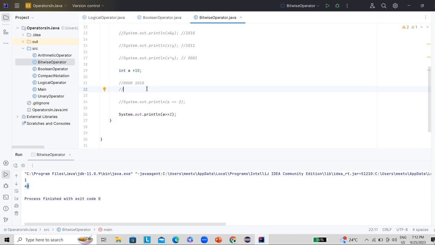So right side means how can we do it? Similarly to the left way, we can just leave two digits and put it here. It is something like we have copy pasted this, and instead of the left side, where earlier we put 0 0 on the left for the remaining digits, this time we will put 0 0 on the right side. So what is the decimal value for this? This is nothing but 2. That is what it is printing here. This is how we can perform the bitwise left shift and right shift.